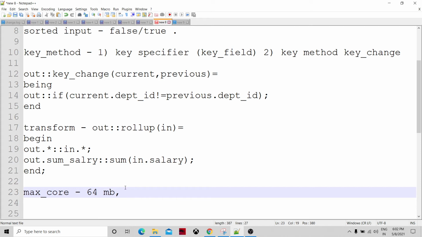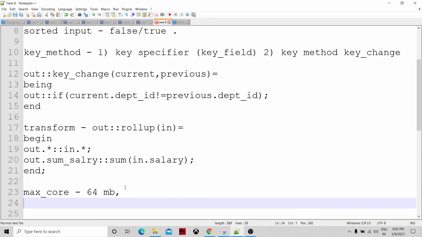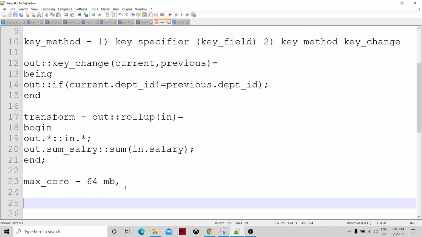As of now, max core is a parameter that is only available when sorted input is false, so that the rollup can use this memory to sort and hold the records. Then temporary files can be held. In this sequence, we have the next parameter.